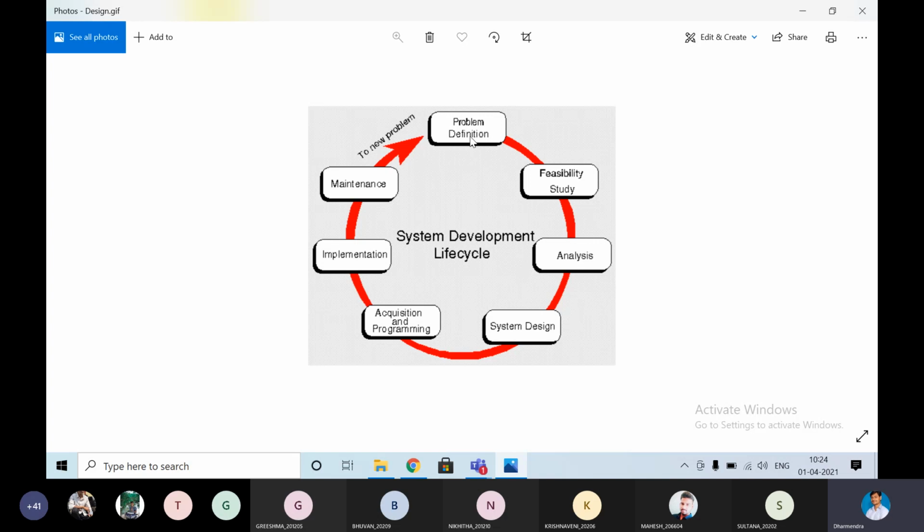The problem definition means understanding the problem, and having the feasibility study, that is the possibilities, different studies, different areas, previous problems, and the future scope, everything will be there. It means understanding the problem clearly. What's the previous problem? How did people try and solve that problem previously? What challenges did they face? So that is a clear study of the problem. Problem in the sense of what they are going to develop.